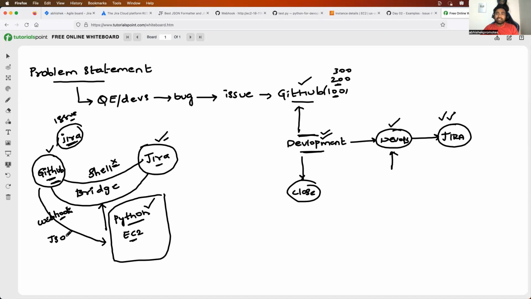GitHub automatically does this for you. All that you need to do is go to the repository and just provide GitHub the URL where it has to send the JSON information. So it will send JSON information for the Python application that we have. And now what we will do is take this JSON information, the required fields from it, like the description or whatever is required, and we will make an API call